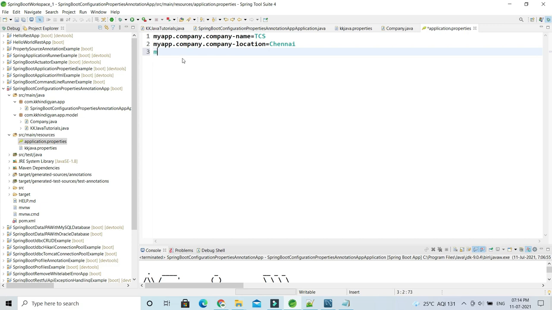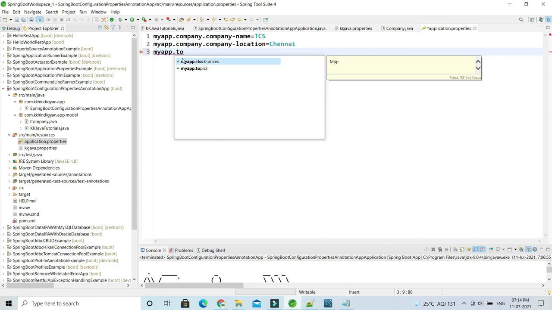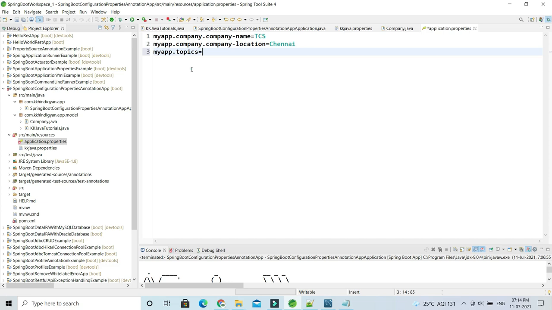Now what else can we do? So we have my app, and then topics are there also, right? Topics we have declared as an array, right? So an array is nothing but a kind of indexed list. So here at the 0th index you can assign some value. Let's say this is a topic, so I would say Spring Boot, makes sense. And let's initialize two more.